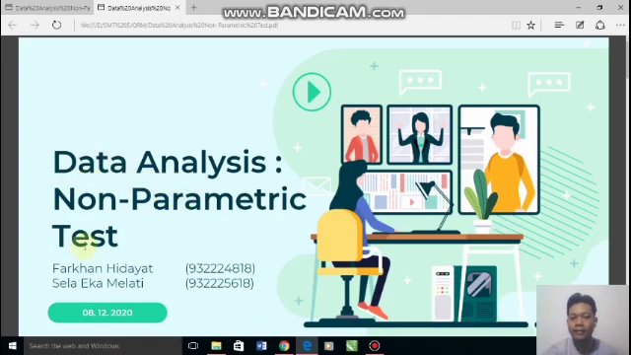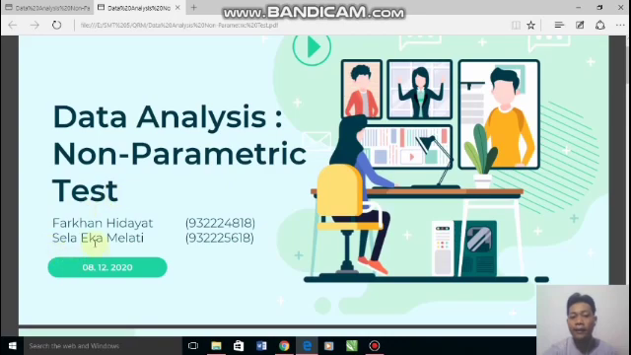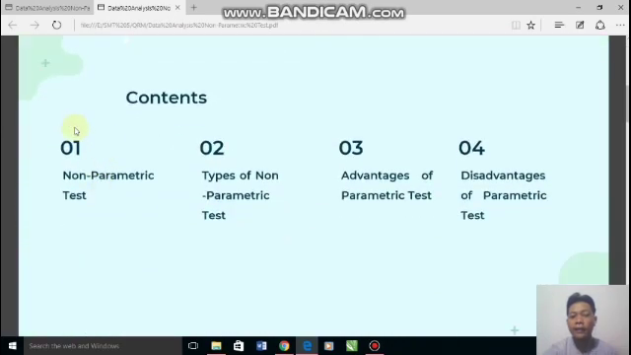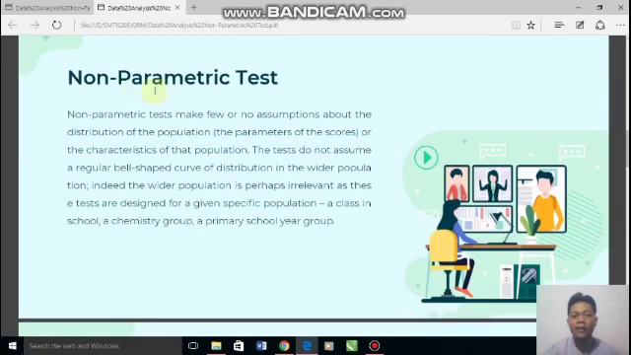We will explain data analysis of non-parametric tests, and my friend is Sela Eka Melati. The content is: first, the description of non-parametric tests; second, types of non-parametric tests; third, advantages of non-parametric tests; and the last is disadvantages of non-parametric tests. The description of a non-parametric test is that it makes few or no assumptions about the distribution of the population